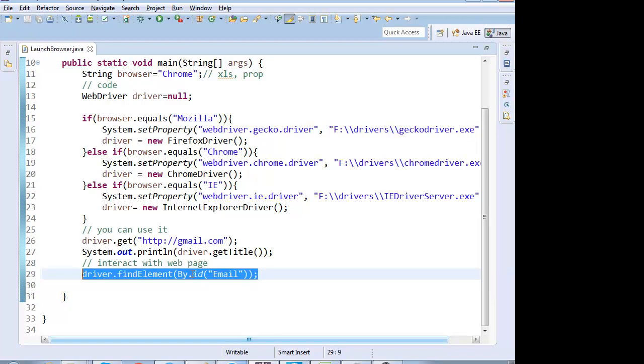Driver.find element by the ID email. So what this will return you is a web element, email field.